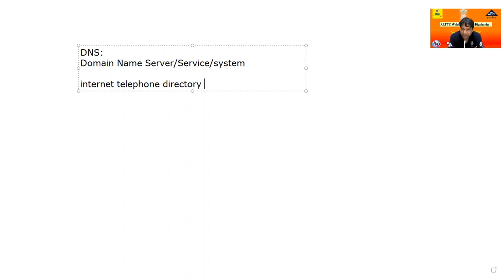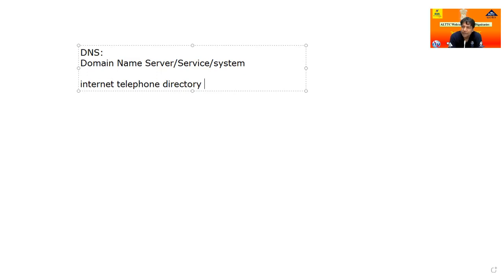So why is this a telephone directory? In old times, if a customer installed a telephone at home, BSNL or another company provided a telephone directory. In the directory there are two options: one is the name and address, the other is the telephone number. If I know the name of a person, I can find their telephone number.